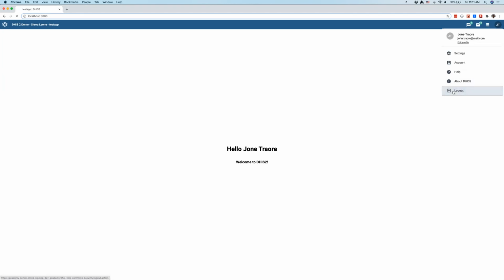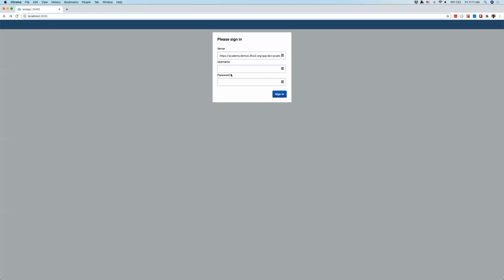And actually, if we logged out and then went back to our application, refreshed, it allows us to log into an instance. So I was already logged in on my localhost, so that's why it logged in automatically. But normally when you first start your application, it should look like this. And then we can log into our server and we get this,